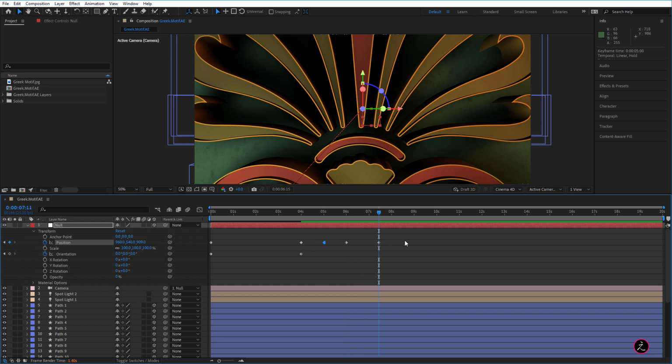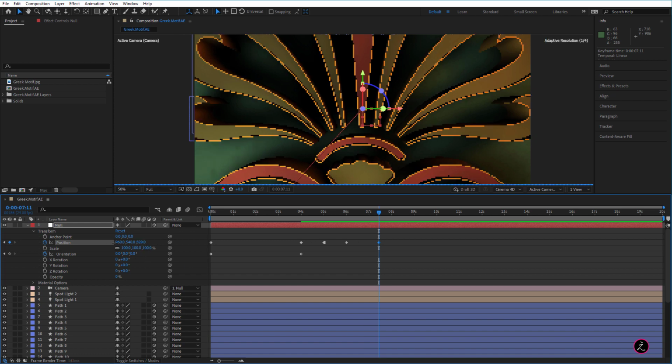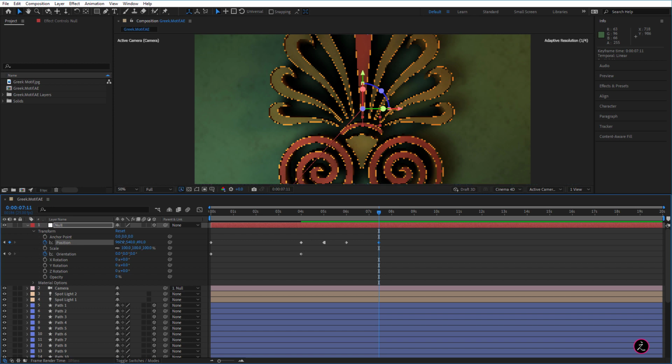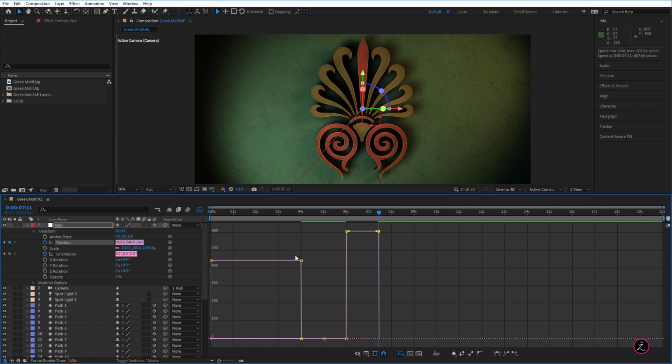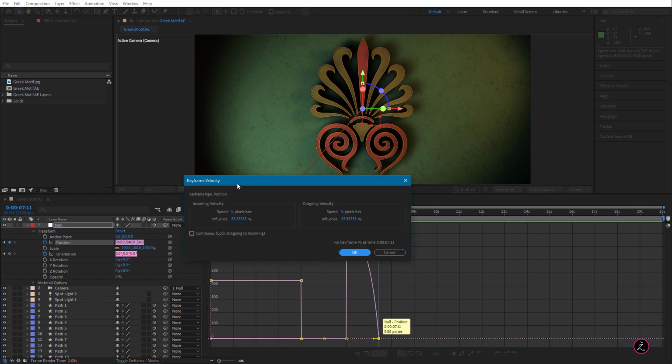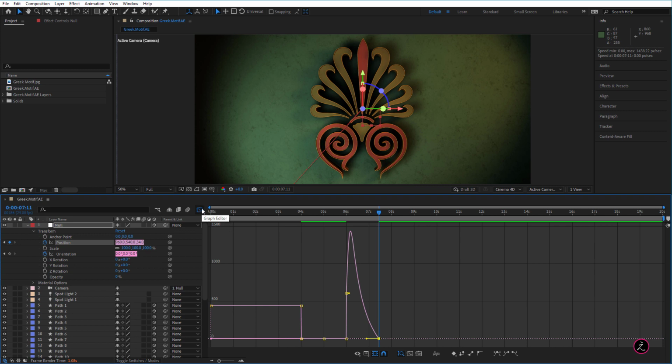So I'm going to press the letter K on the keyboard to go to the next visible keyframe. And for this one on the Z, let's go and zoom out here quite a bit to be able to see the rest of the motif. Say something around here. That's not bad. I just want to change the interpolation from linear to easy ease. So I'm going to do this inside the graph editor. Here's the selected keyframe. Just going to change this to easy ease. And then I would just double click on this keyframe. And inside the keyframe velocity, I'm going to change the influence to, let's say, 75% or so. And then click OK. And then exit the graph editor.